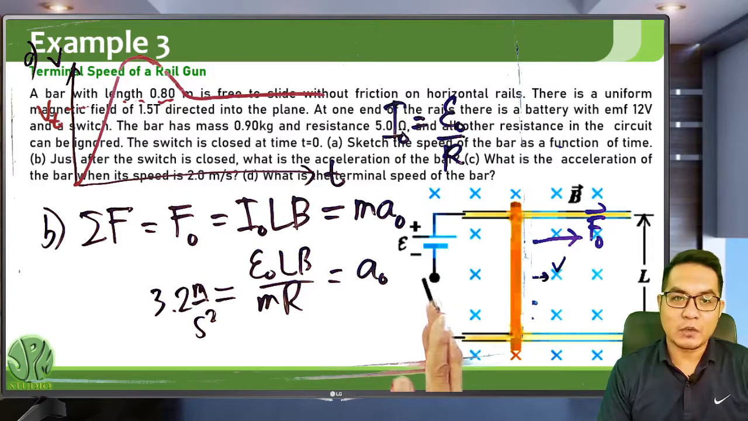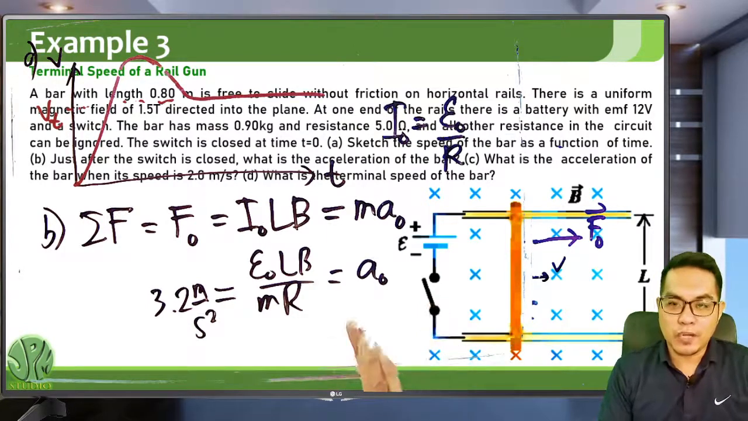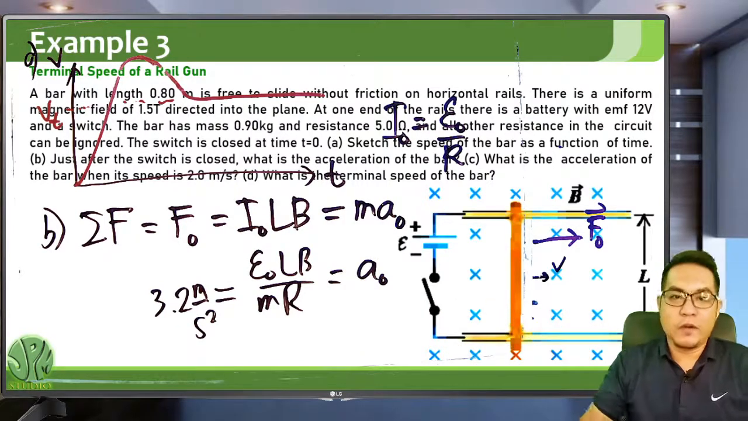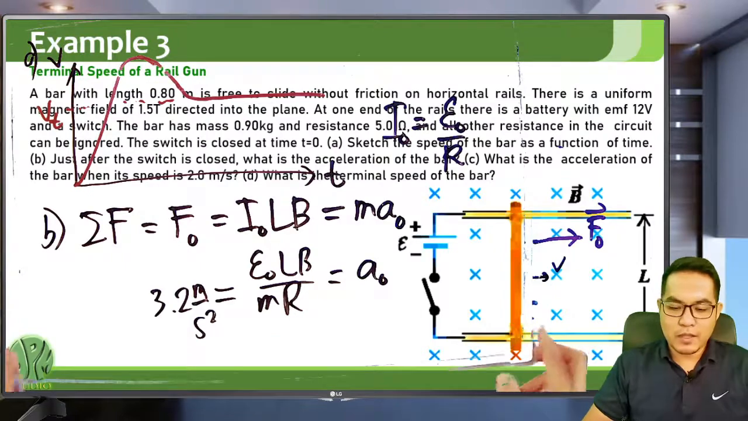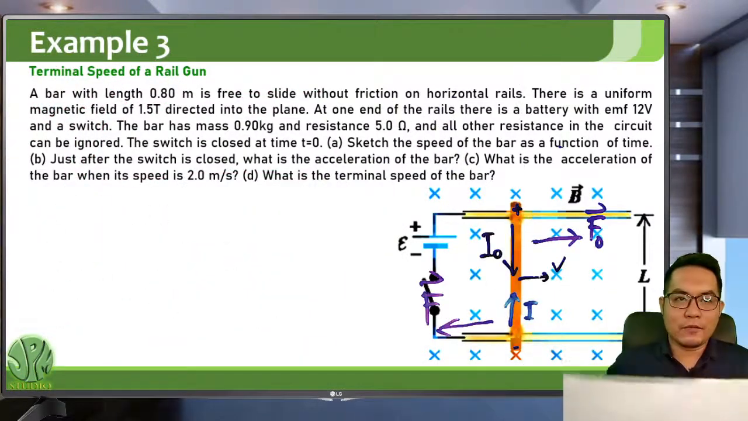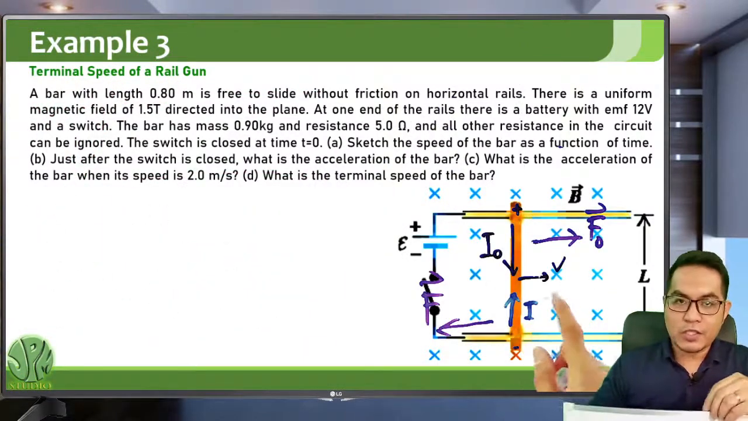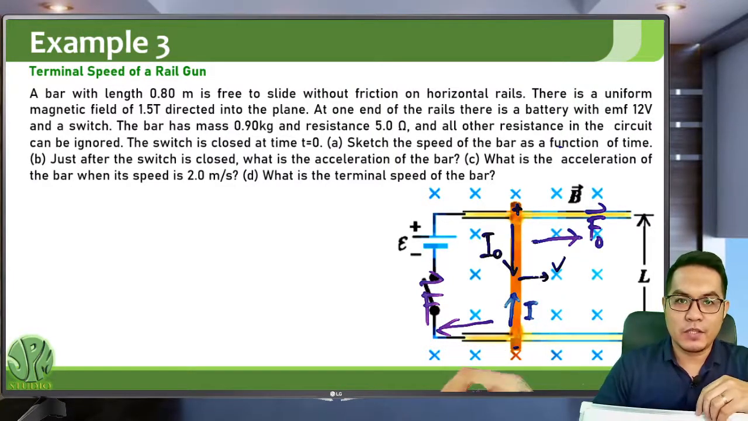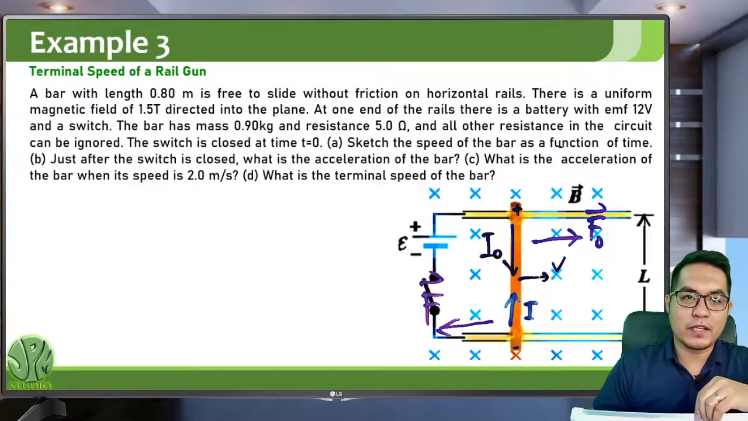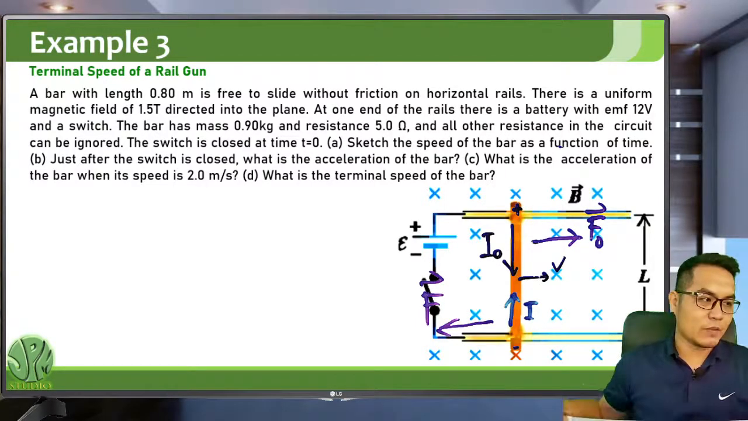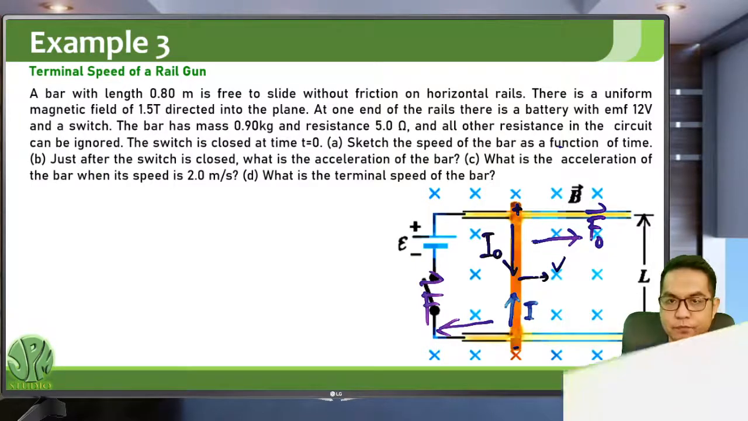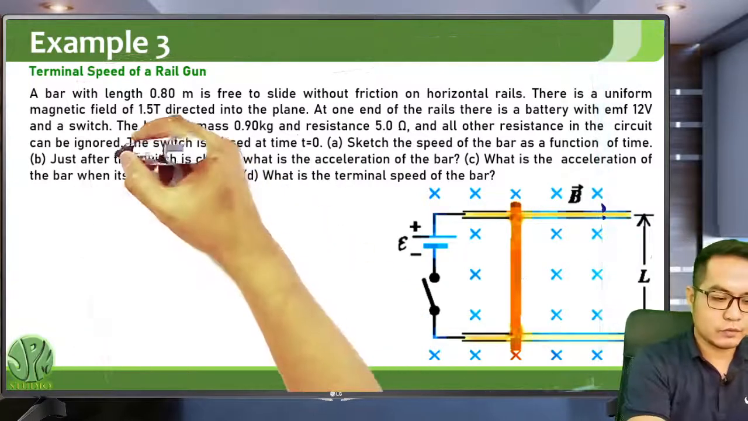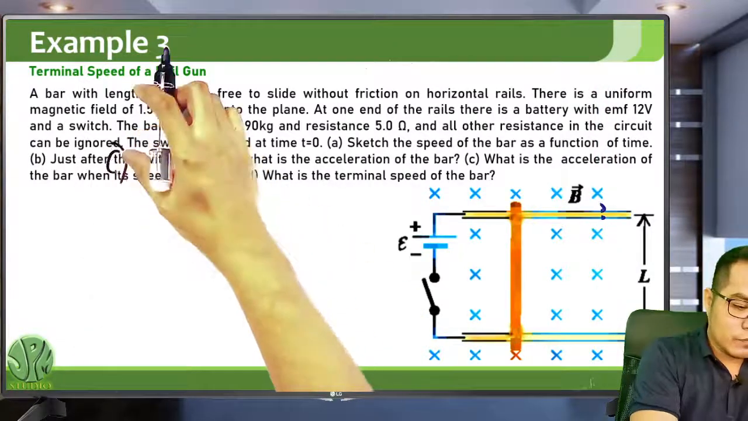After another second, another 3.2, so 0, 3.2, then 6.4, and so on. That is the acceleration. But after the switch is closed, there's now a force in the opposite direction. So what is now the acceleration of the bar when the speed is 2 meters per second? In letter C, the problem is this one. So the net force now